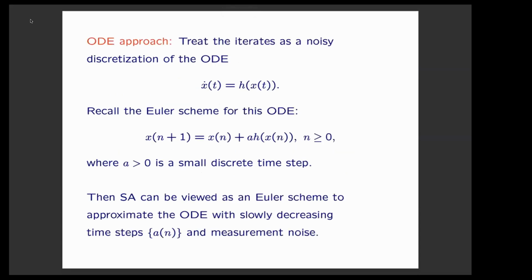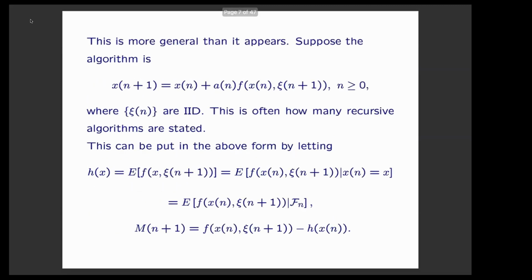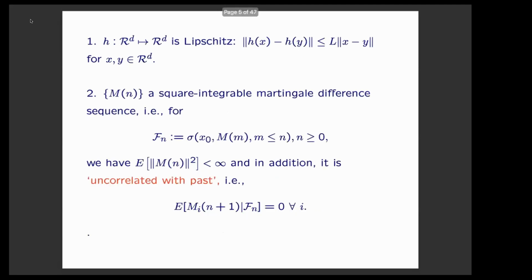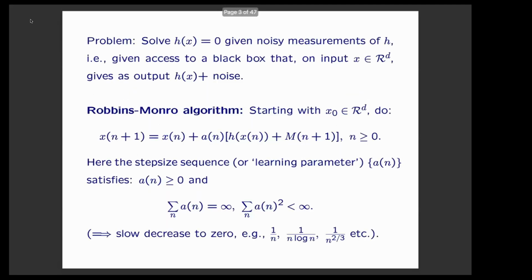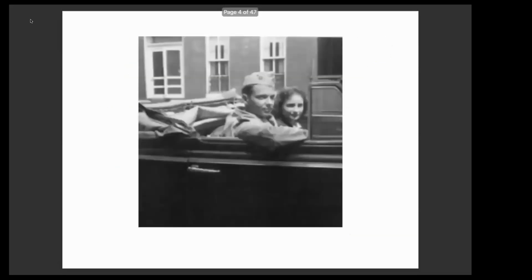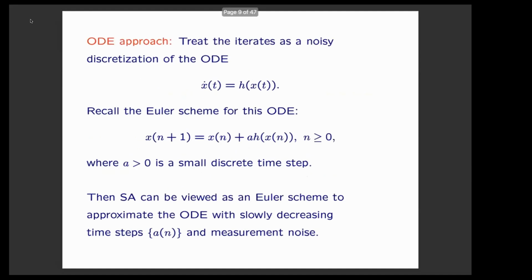Okay, so let me just motivate that. If you have x dot of t equal to h of x of t, that's the kind of target ODE you expect to track. Then think of the Euler scheme, which will be x_{n+1} = x_n plus some small step a(n) times h(x_n). So you can think of stochastic approximation. The difference here is that the step size is replaced by a(n) in here, and there's this additive noise. So it's basically a noisy Euler scheme with a slowly decreasing step size. So you do expect it to track the